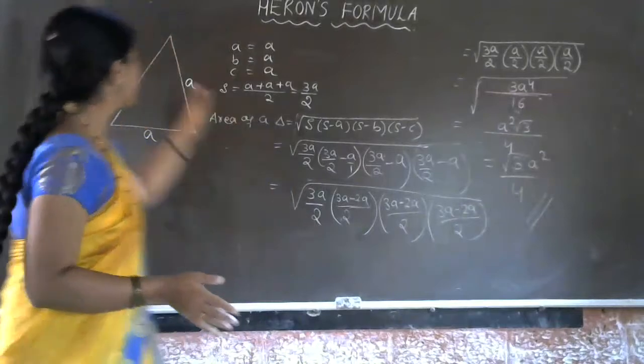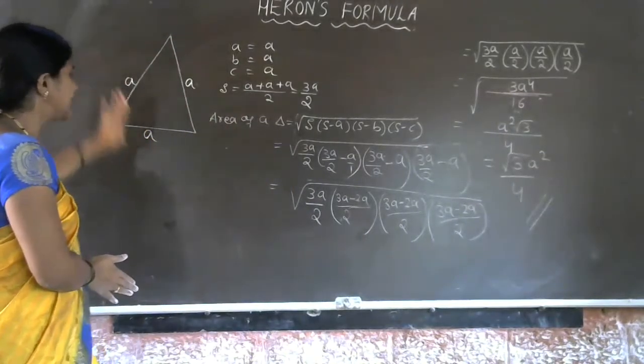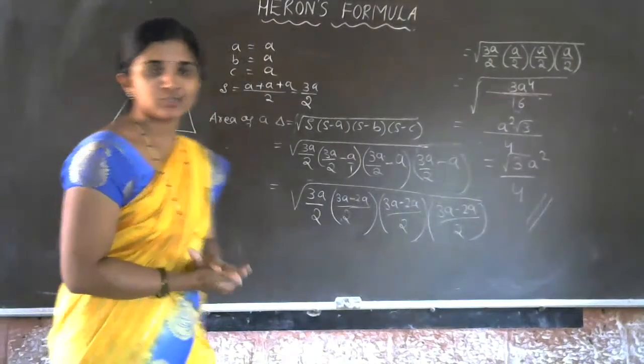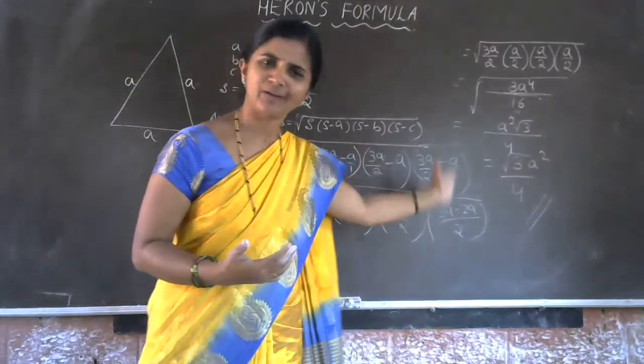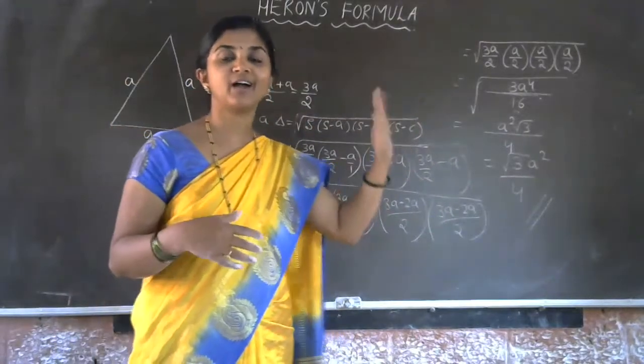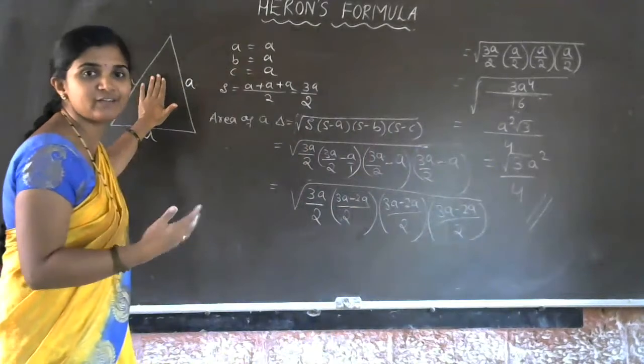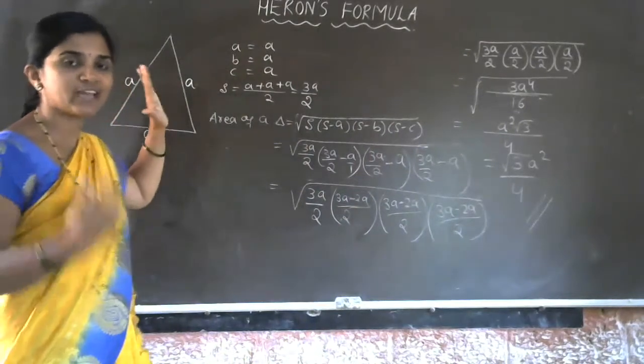So now we have one equilateral triangle. For example, each side is A. So then how can we apply this formula? We can easily apply this formula also. Here, there is no need to take half into base into height if three sides are equal. For the three equal sides of an equilateral triangle, we can also apply Heron's formula.